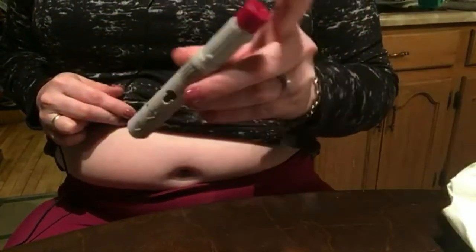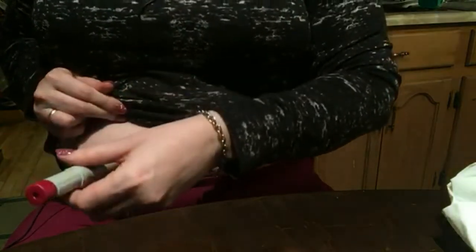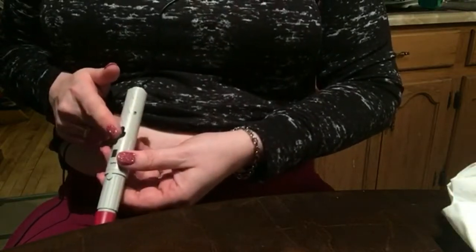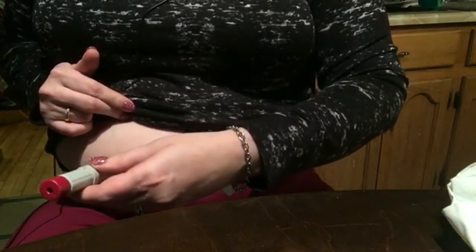Take your syringe. This is your button on this side. This side is where the needle is. I like to angle it so that you can actually see the window, because the window will have a little yellow guy come up to show you that your injection's complete. Push it down